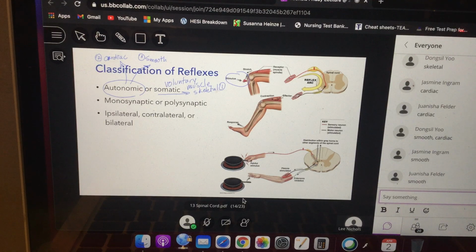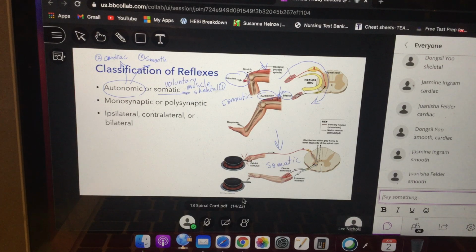The one that I've got pictured here in the upper right, where we use a reflex hammer to tap on the patellar tendon, stretches the stretch receptors in the muscles on the front of the thigh and causes a reflex arc through the spinal cord, causing that same muscle to contract. Even though the reflex itself is not voluntary, the target organ, known as the effector organ, is a skeletal muscle. This would be classified as a somatic reflex. This one down here is also somatic,